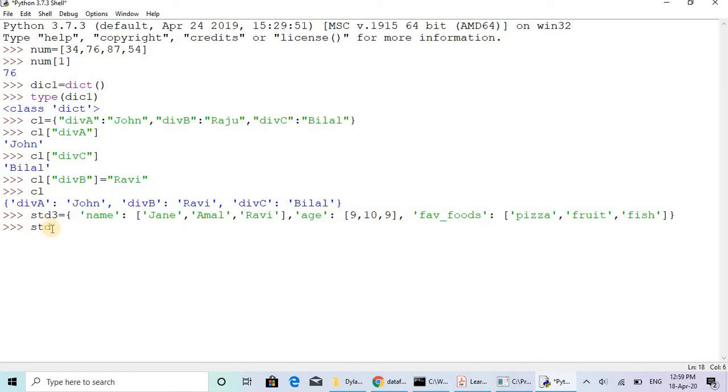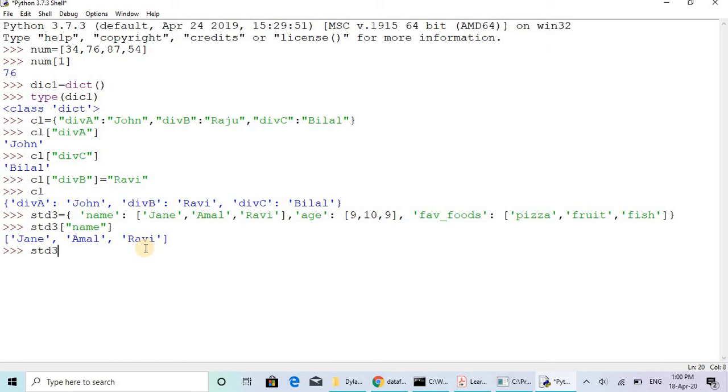Then STD3, standard 3, names can be printed by indexing name. Okay, by indexing name we will get all those names, three names given. If we want to get the first name only, we can do that also.